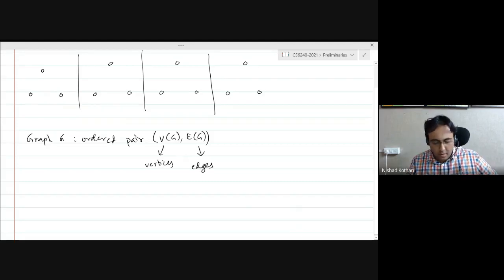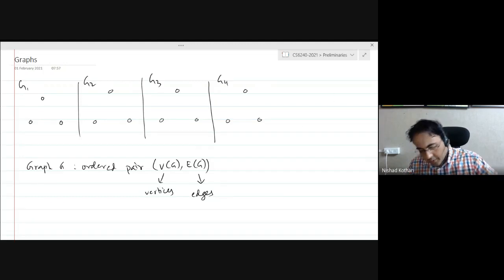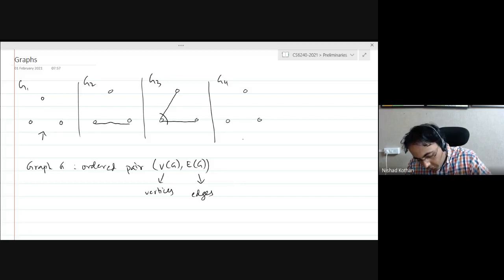So these are your vertices. This is your first graph, G1, G2, G3, and G4. If I have 3 vertices, I could have edges joining these vertices. If I have 0 edges, then I get this graph, G1. If I have 1 edge, then I get this graph. If I have 2 edges, then clearly the 2 edges will have to meet at a vertex. And this is when we say that the 2 edges are incident. So E1 and E2 are incident with each other.